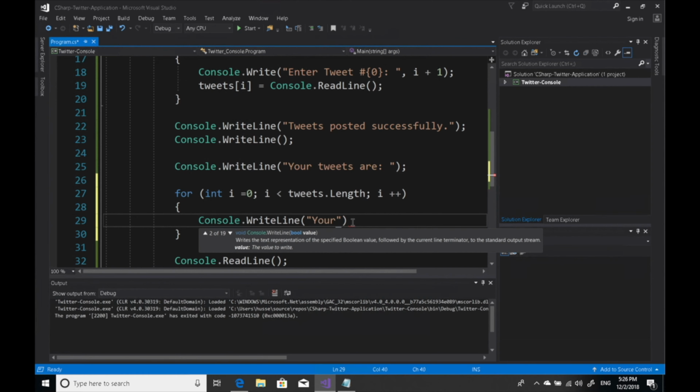Okay, your tweet, or we can just say your tweet number, which would be fancier, right, is